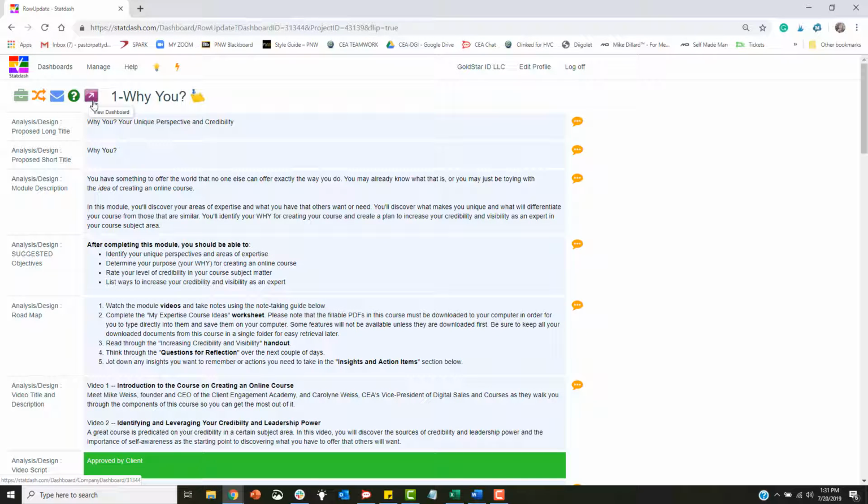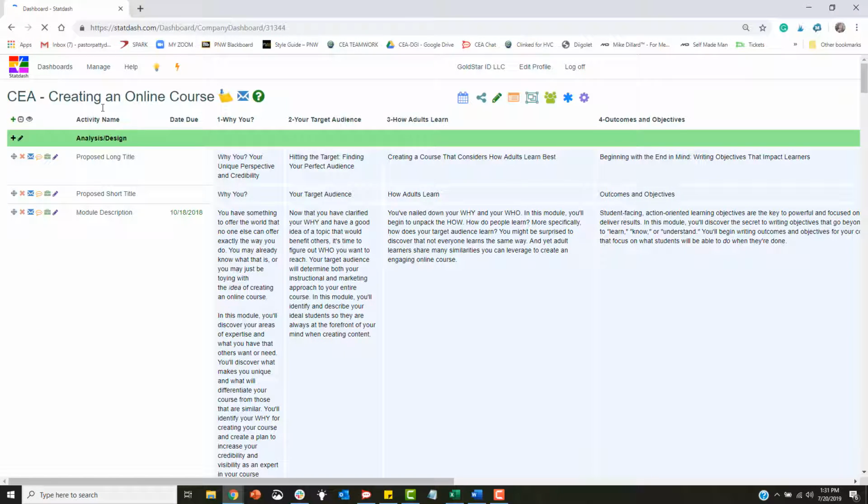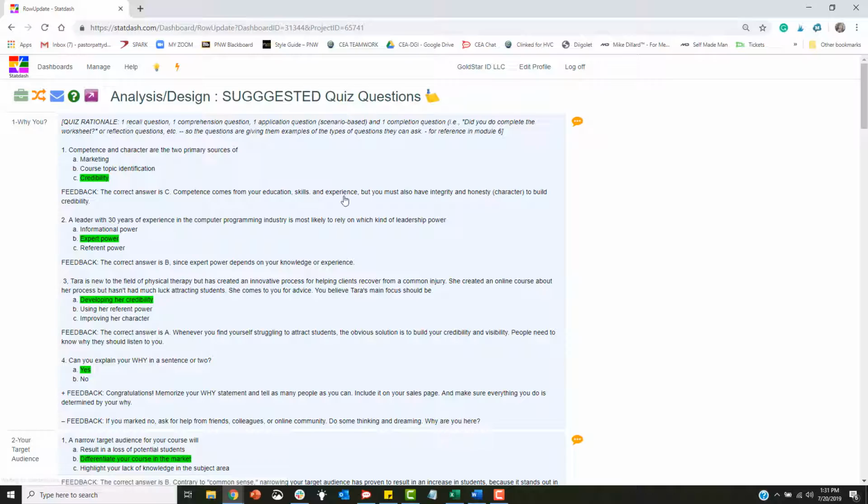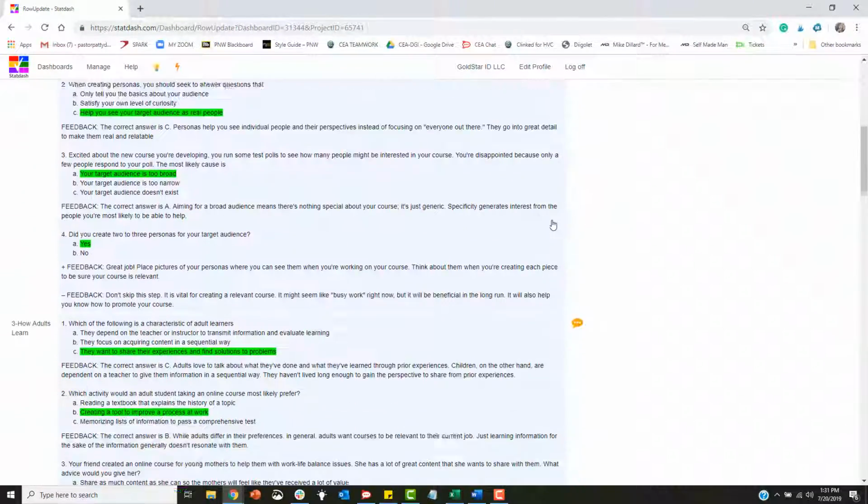So I'm going to click on the purple arrow to go back to the dashboard, and I'll show you how when I look at a single activity in the shortcut view, how it helps me to ensure consistency. So I'm going to scroll down. You'll see at the bottom here, I have a whole bunch of quiz questions. So let's say I just want to go in. I just want to see all of this kind of information. So I'm going to click on the activity name, and here I have a shortcut view where all I see